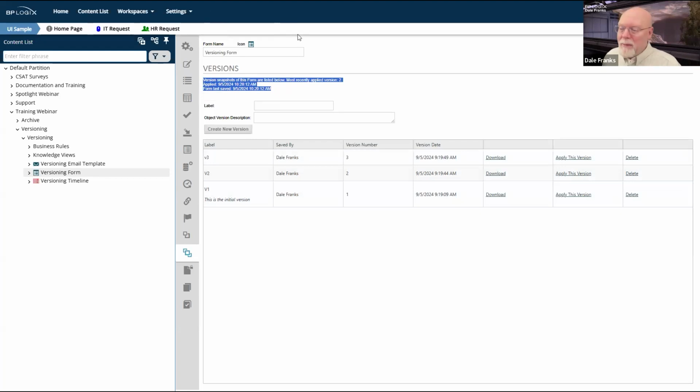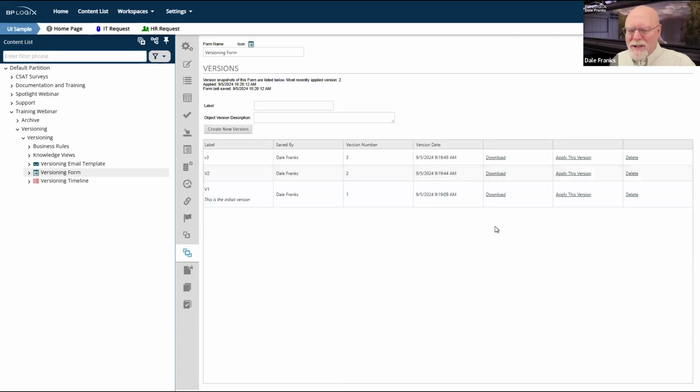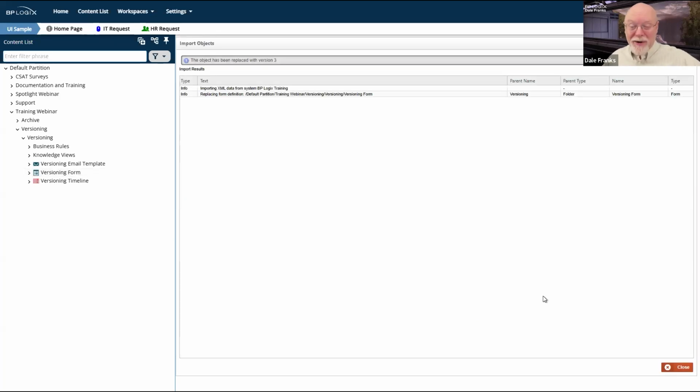In fact, there have been cases when people have made a new version and for whatever reason, and I don't know how you do this mistakenly, but they have said, hey, something is wrong with our form. All of our new stuff is gone and we don't understand it. And you go back in and you look, and at some point, nothing makes sense. And you just go to the versions tab while you're troubleshooting and you go, oh, and you can then apply the appropriate version. And magically, all of their new controls come back and are returned to the form.